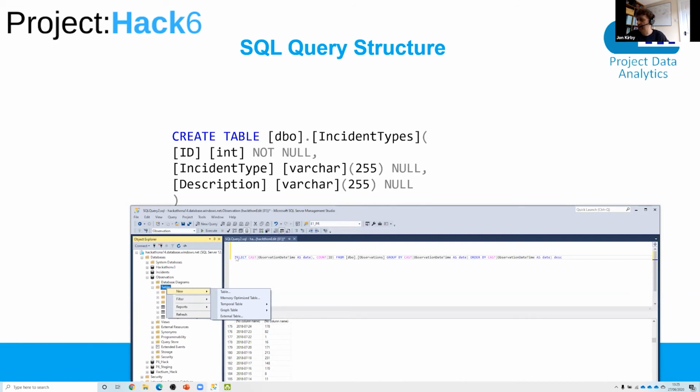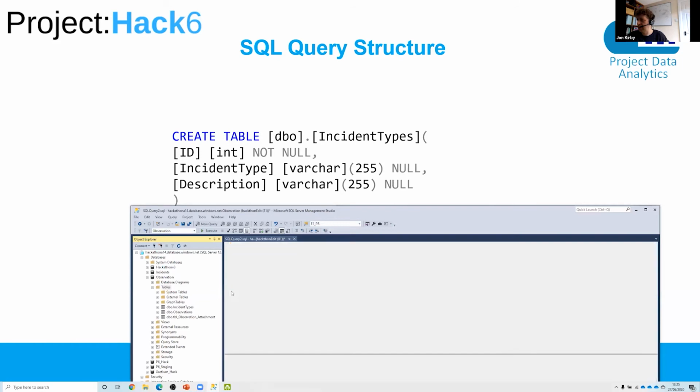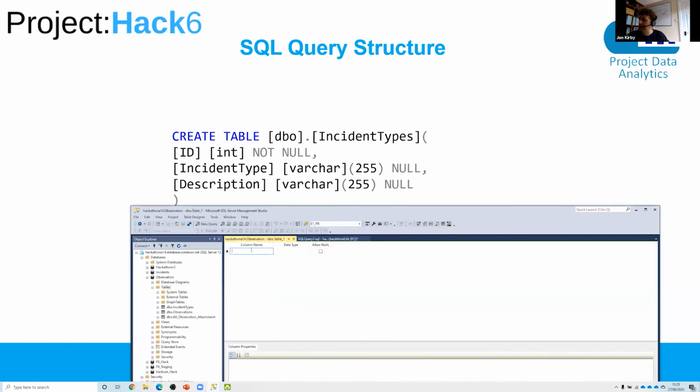With SQL Server Management Studio, there is a nice little WYSIWYG tool. So if I do new table, it will pull up this here, which, if you're using SQL Server, is a lot quicker way of building up your tables. So if we go ID and then we'll drop this down, there are loads of different types of field that you can add in. So float being decimal point